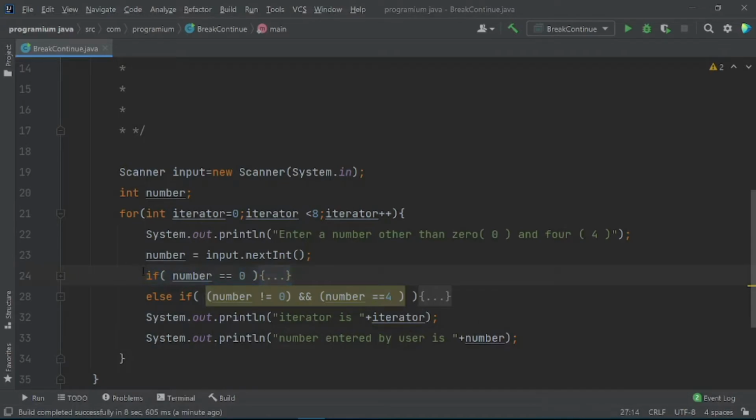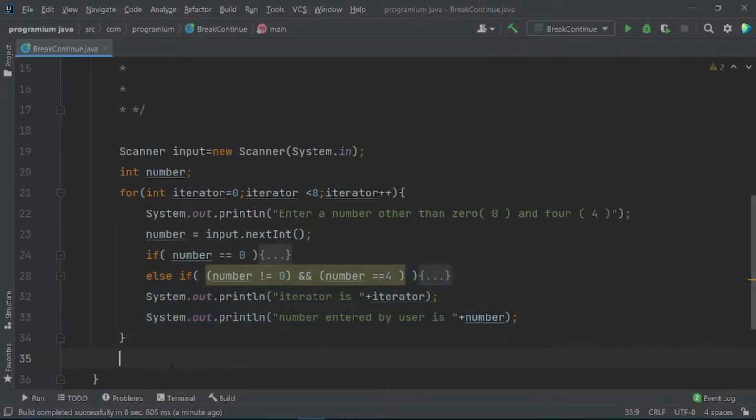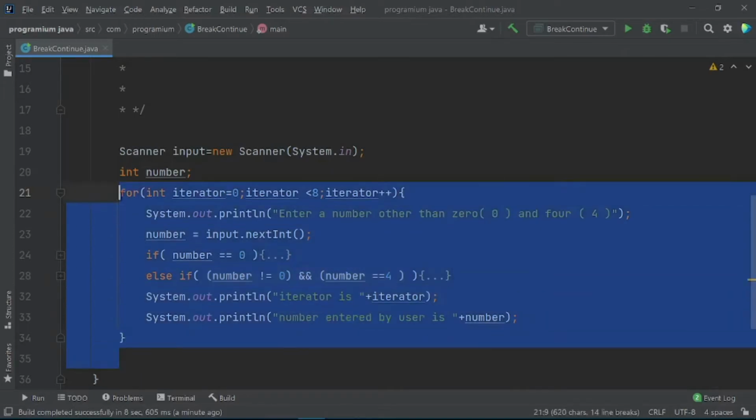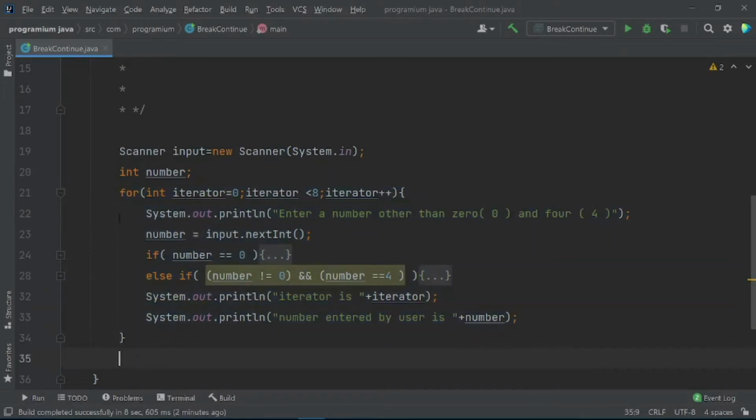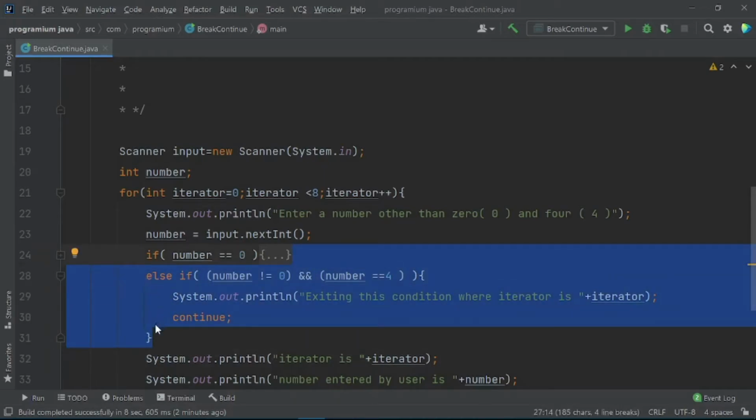So if we use break, the compiler just goes outside this loop, and as you can see, nothing is outside the loop, so we didn't get anything printed on the console. So what does this continue statement do? It simply puts the compiler out of these curly braces, or out of this block of code.